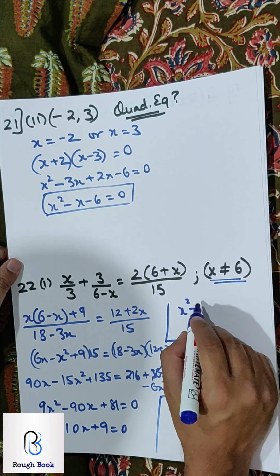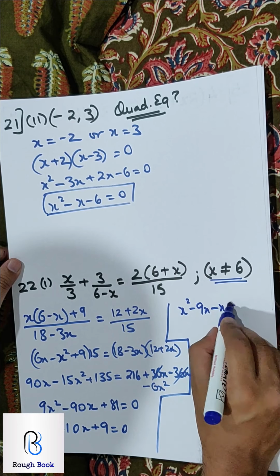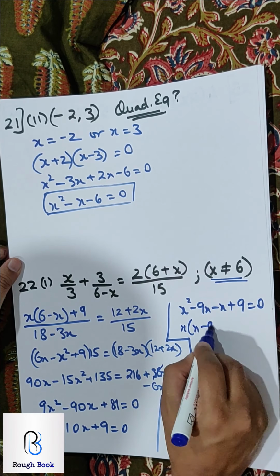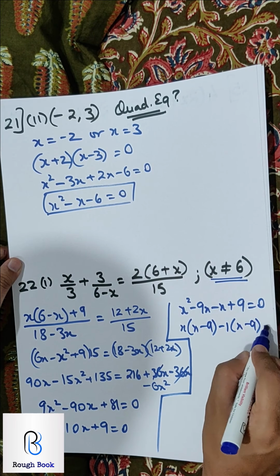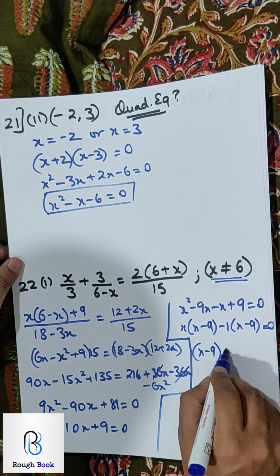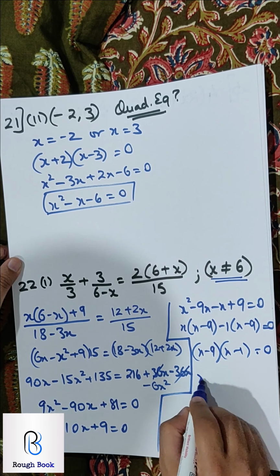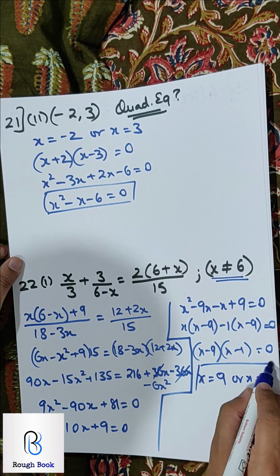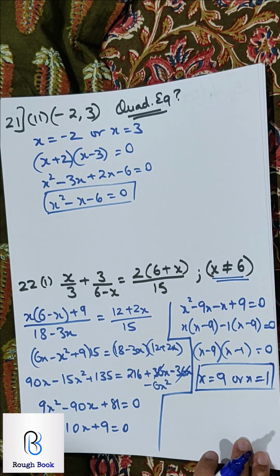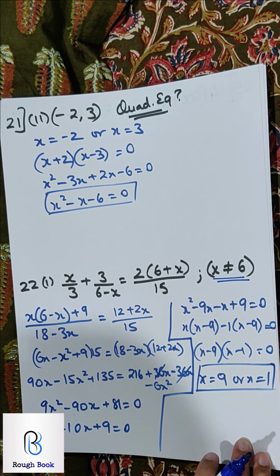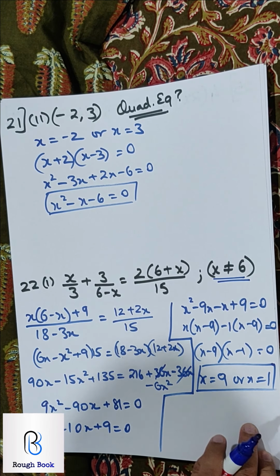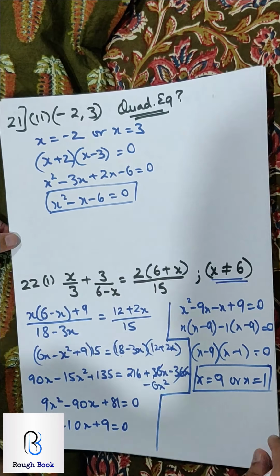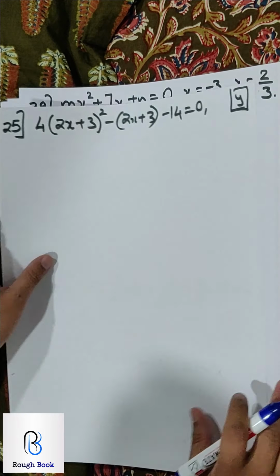So x square minus 9x minus 1x plus 9 equals 0. So minus minus plus, x minus 9, minus 1, x minus 9. So x minus 9, x minus 1 equals 0. So I get x as 9 or x as 1. I didn't get 6 any which way, so I really don't have to worry about it. I have got my answer straight away, which does not include 6. Yeah. How many hands go up? Managed to reach, great job. Let's go with the next one.